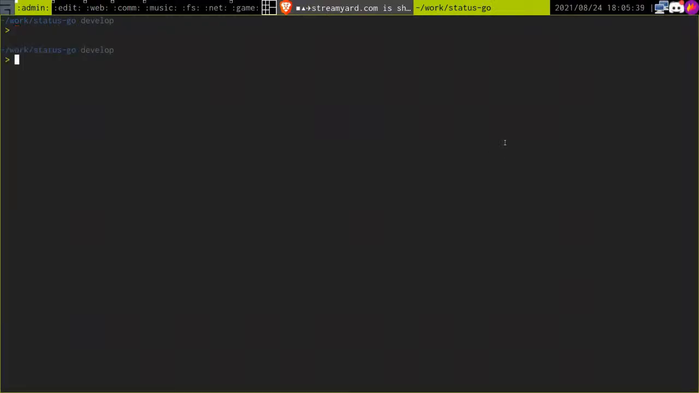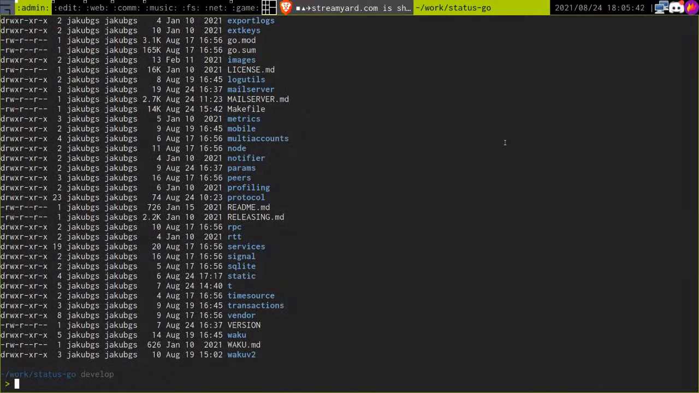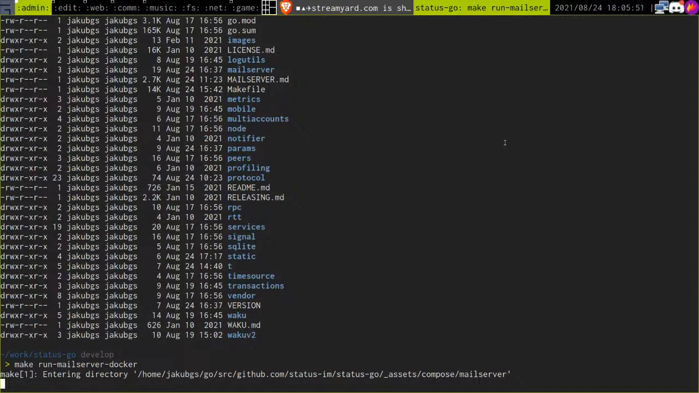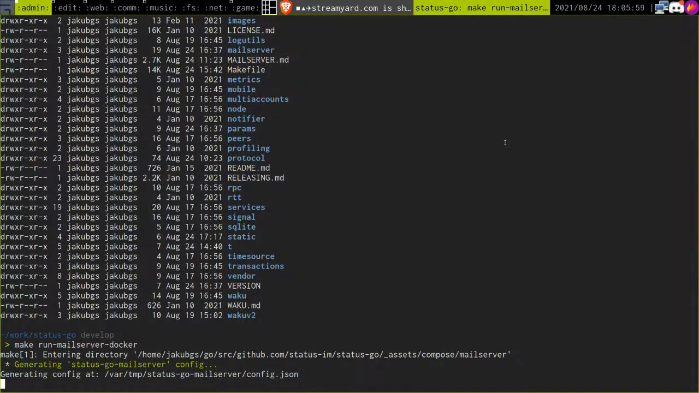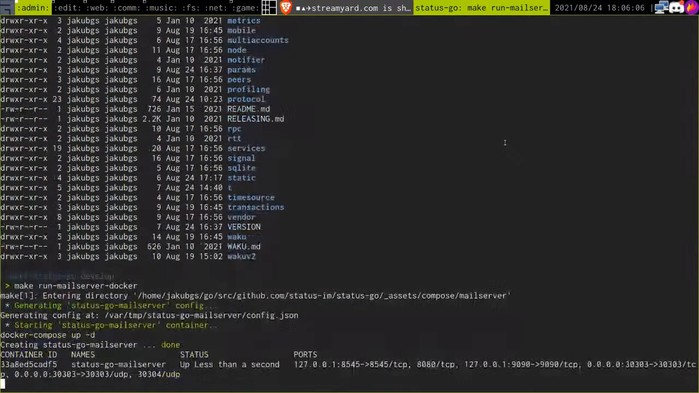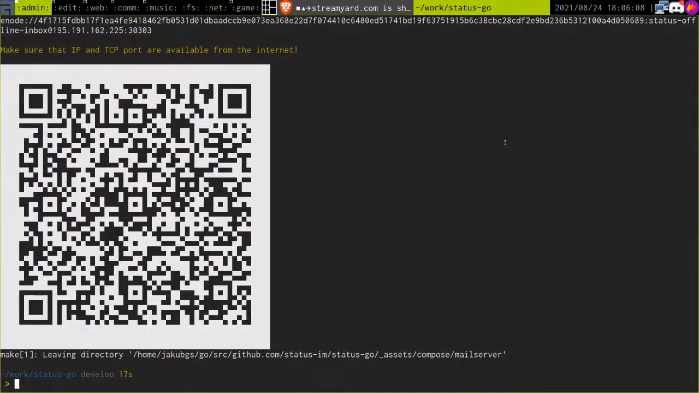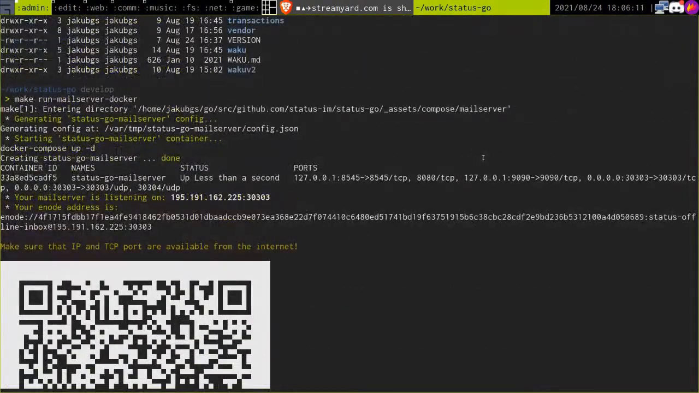I already have cloned the status go repository. I have it here, so we can just do make run mail server docker, and that should generate the config file necessary. And using the Docker compose file that we have available, create the container and then print out the address and the inode address specifically of the new node, so you can use it to connect either a mobile device or provide the address to some friends or something like that, and also to us because we will want